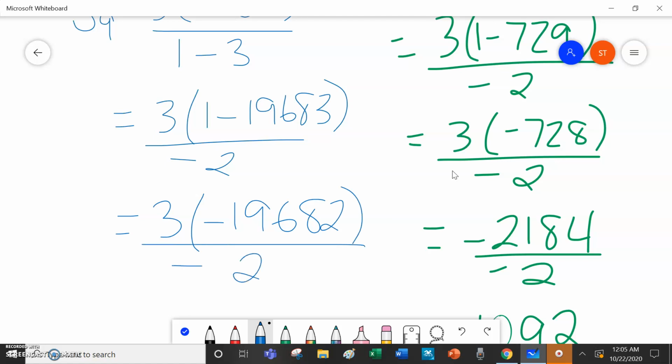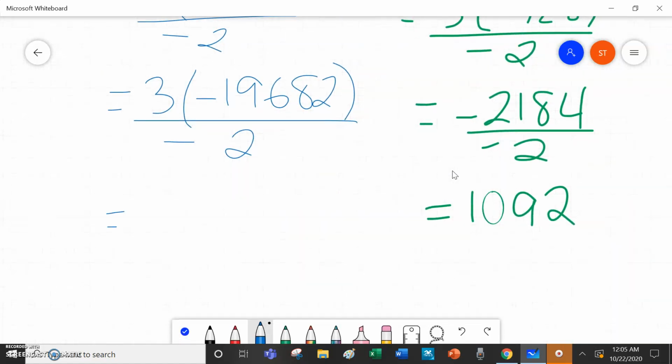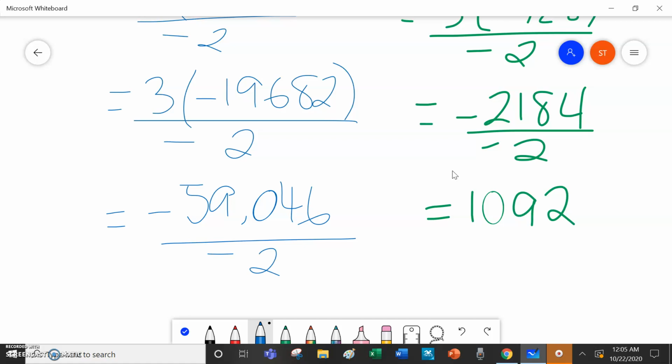I'm going to multiply that by 3. And I will get negative 59,046. When I divide that by negative 2,